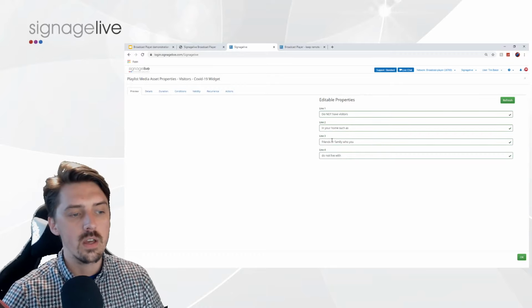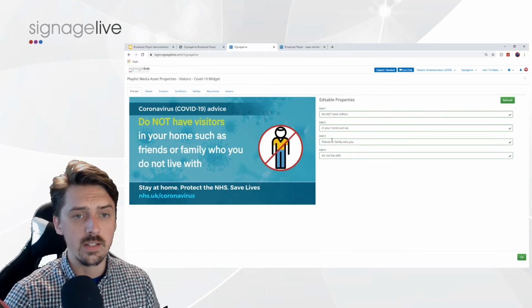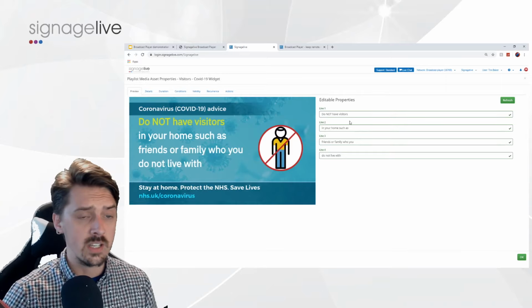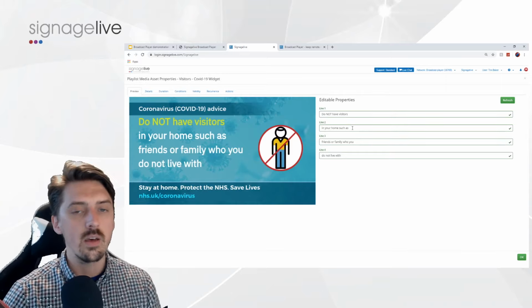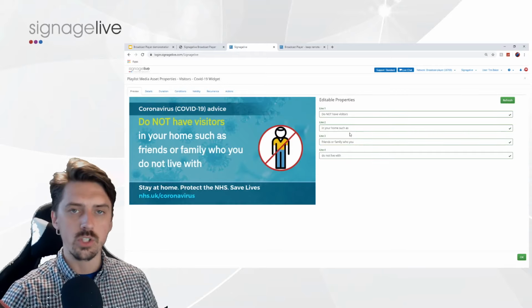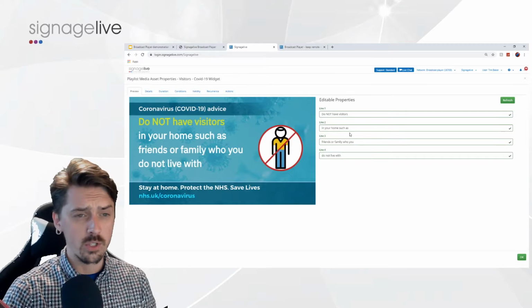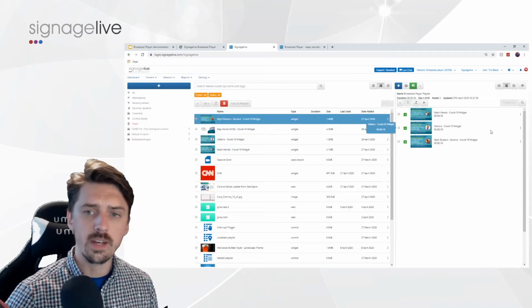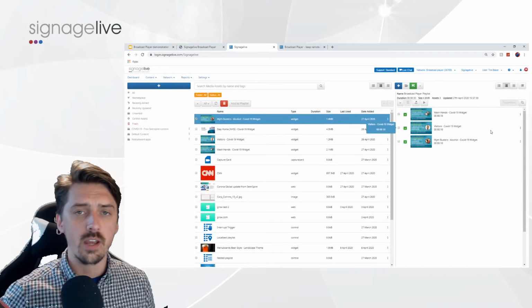If you don't have content creation to hand, or you don't have the ability to go in and create in Photoshop, you can go in here and just amend text as you need it to be. These are obviously Corona related, but there's a whole range of non-Corona related ones that are just more generic in terms of what you can have in there, whether it be communication to remind people of what's going on. So we've added in our 3 apps, and we want these to rotate around in a circle